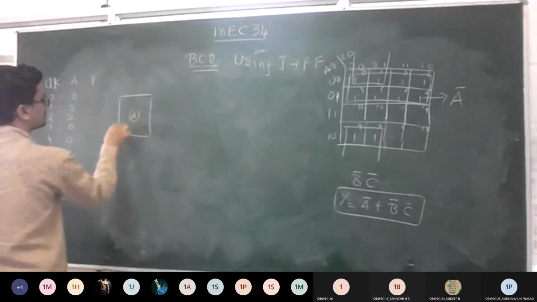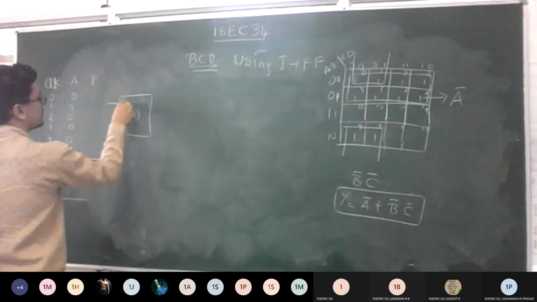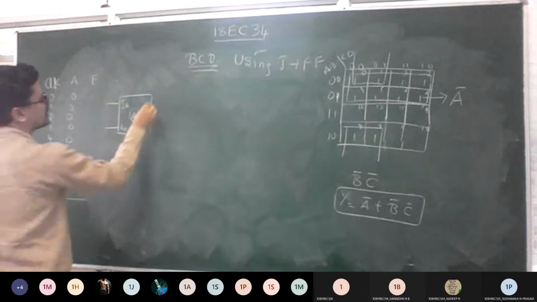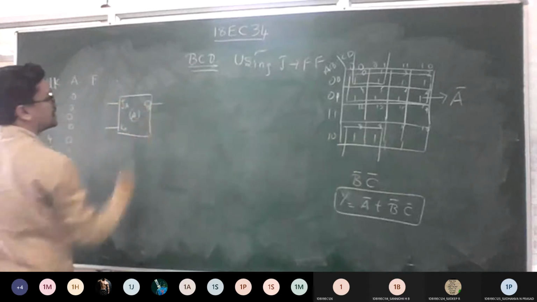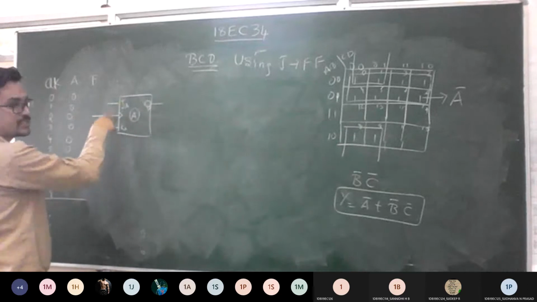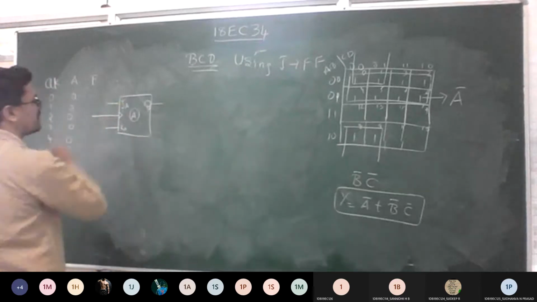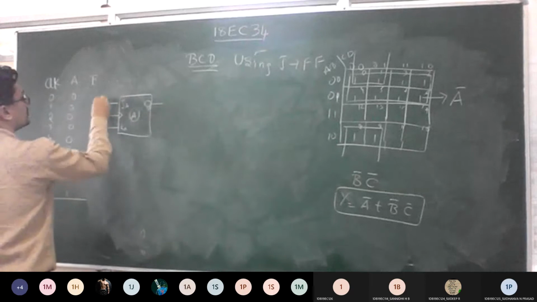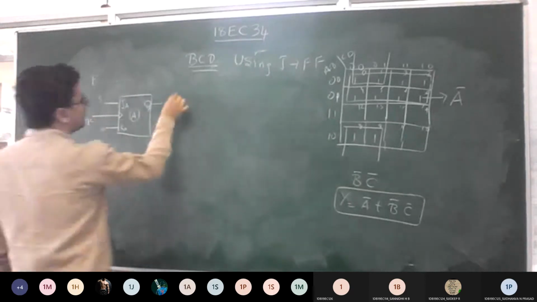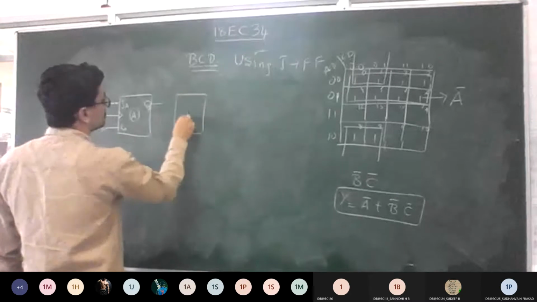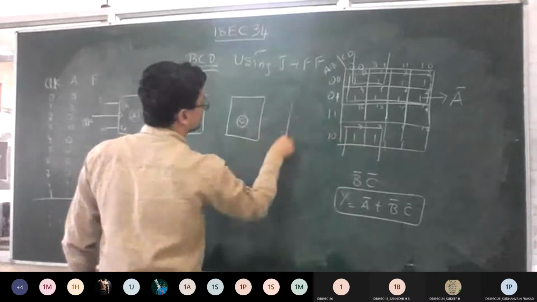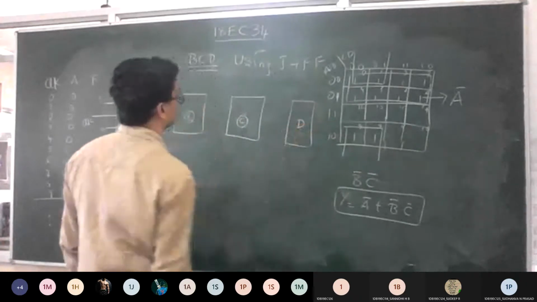So we'll write it as A. The inputs are 2: JA, KA. Outputs QA and QA bar. And for this you can connect the clock. If it is positive edge, the bubble is not required. If it is negative edge, a bubble should be given. Okay. So these are the two inputs JK, and this is a common clock I am giving. Same way we need to write three more. So this is B. Similarly C. Similarly D.